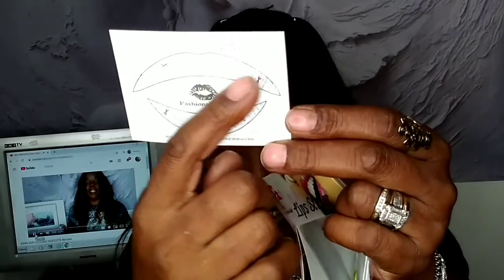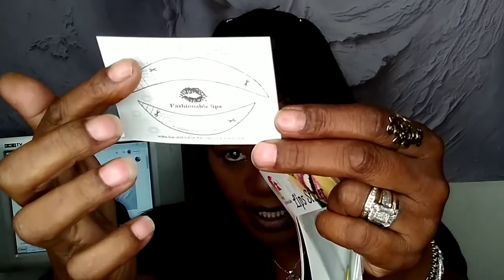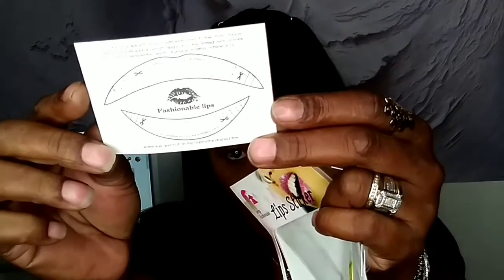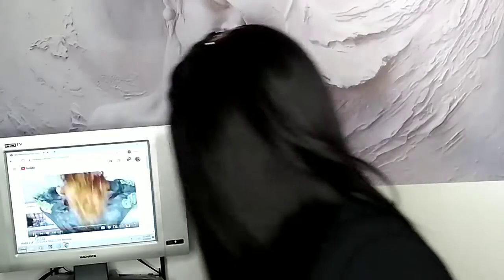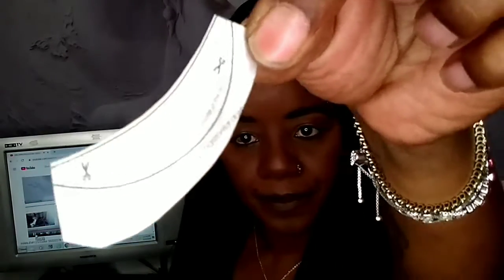On the back, it tells you how to measure, because you cut this off. When you're cutting it, you don't go by the top or the bottom. You have to actually measure your lips, and I'm going to tell you, this is not an easy process. Like I said, I did the top. I'm going to show you a little with the bottom. Let me see. Can you see that? I've kind of cut it, because you have to measure your lips. I cut it, and then you take